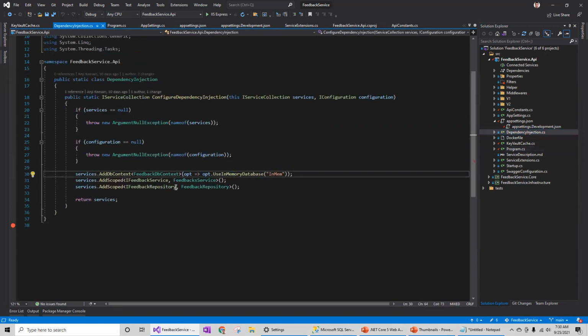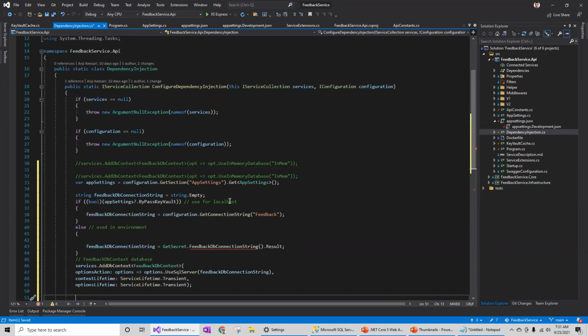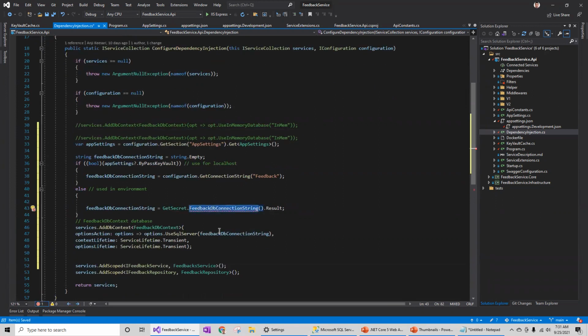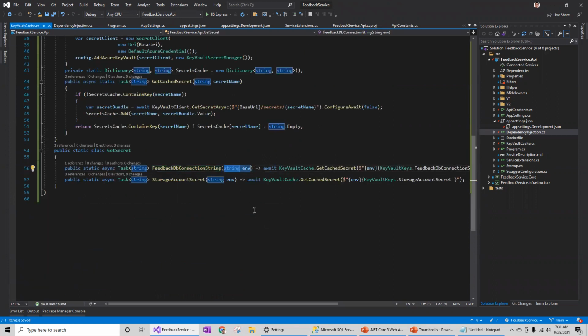This is the place where I am going to read the database connection string. So I'll just replace some code for the database connection string. Let me comment out the existing one and add this code. So this is not required.